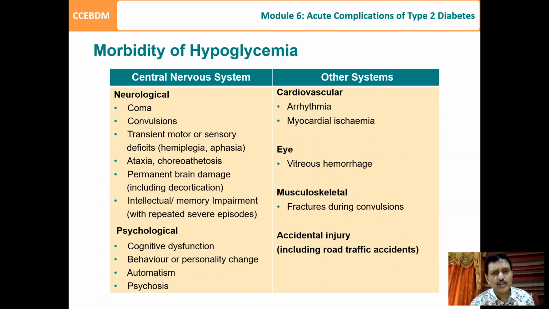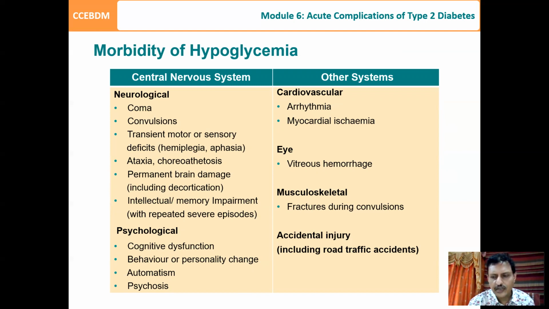There may be a possibility of permanent brain damage, intellectual damage. There may be psychological issues of cognitive dysfunction, automatism, psychosis. Cardiovascular issue is very important because in some of the trials we have found that the tight glycemic control was associated with increased mortality, and one explanation for the increased mortality is the increase in cardiovascular events precipitated by the hypoglycemia, because in the trials the people tried to reduce the blood glucose